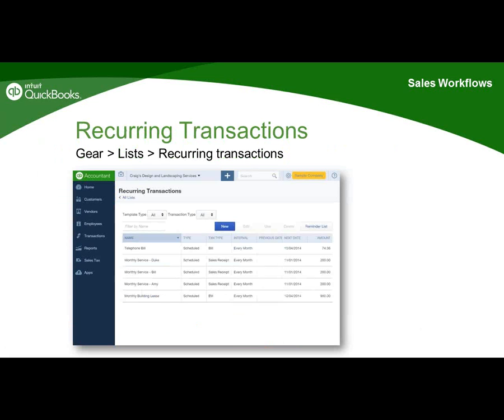Now, any recurring transactions you might want to record, you do that by going to your gear icon and then Lists and Recurring Transactions. This is one of the ways we can enter it. So this is kind of outside of our normal workflow, but something we want to set up for our clients